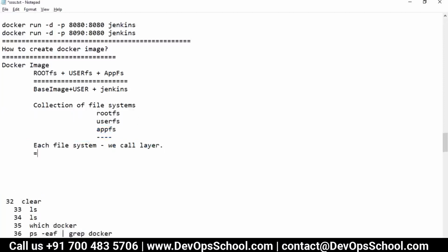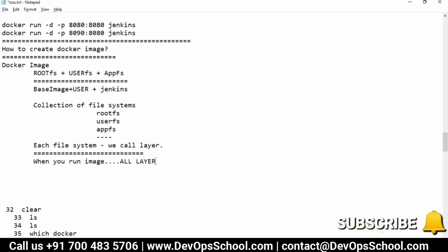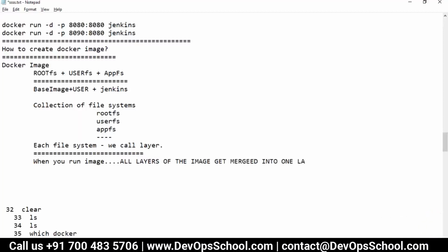So what exactly happens? Let me tell you. When you run an image, I'll prove this, all layers of the image get merged into one layer.